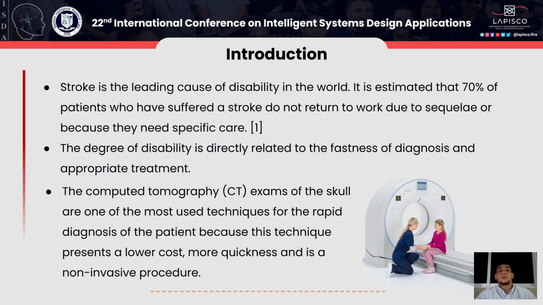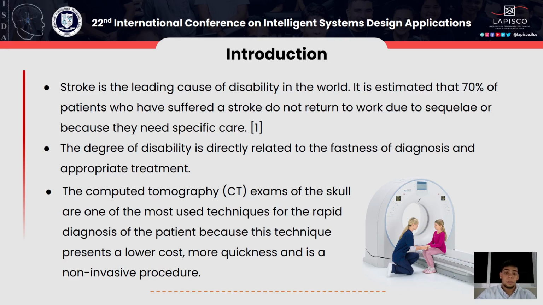So, stroke is the leading cause of disability in the world. It's estimated that 7% of patients who have suffered a stroke do not return to work due to sequelae or because they need specific care. The most significant sequelae are difficulties in speech, motor coordination,